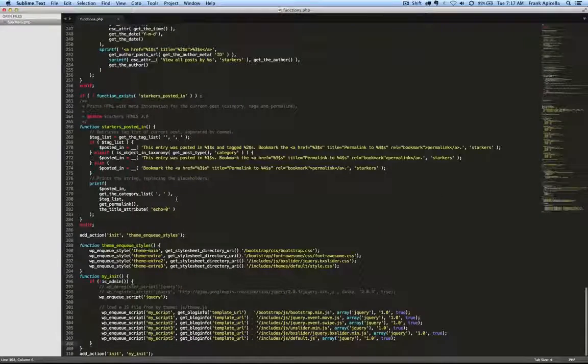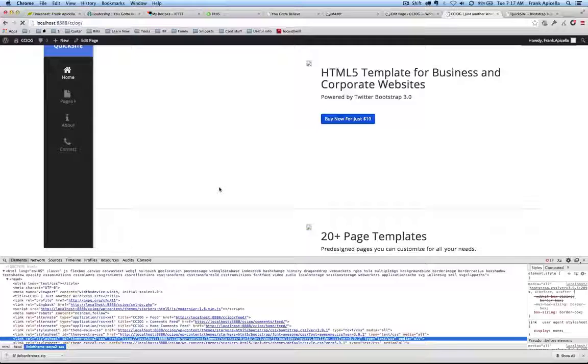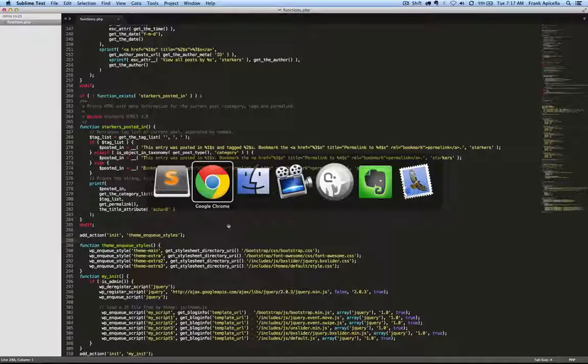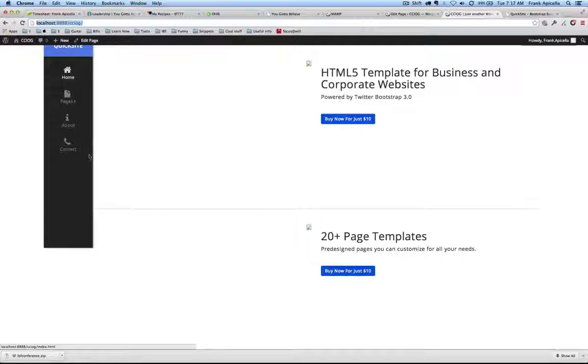Let me try one more thing. Let's uncomment these and see if that works. Yep, so I believe it's just because we're missing jQuery that this isn't working. But you guys get the picture. We just literally transferred this over, and we still have a lot to go, maybe making some of these templates, editing and integrating the menu, changing our logo here, making this home page customizable through the dashboard, maybe